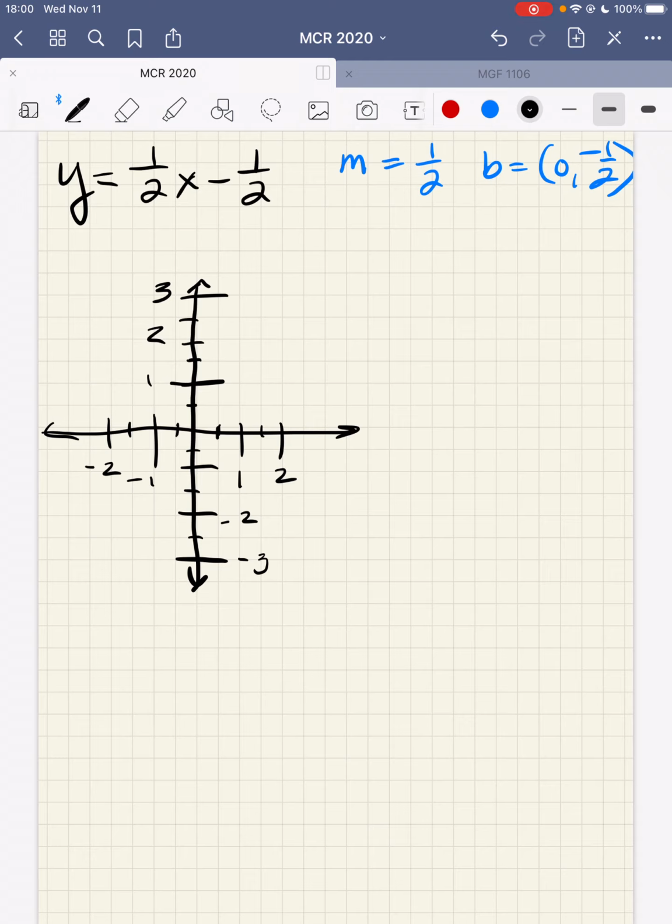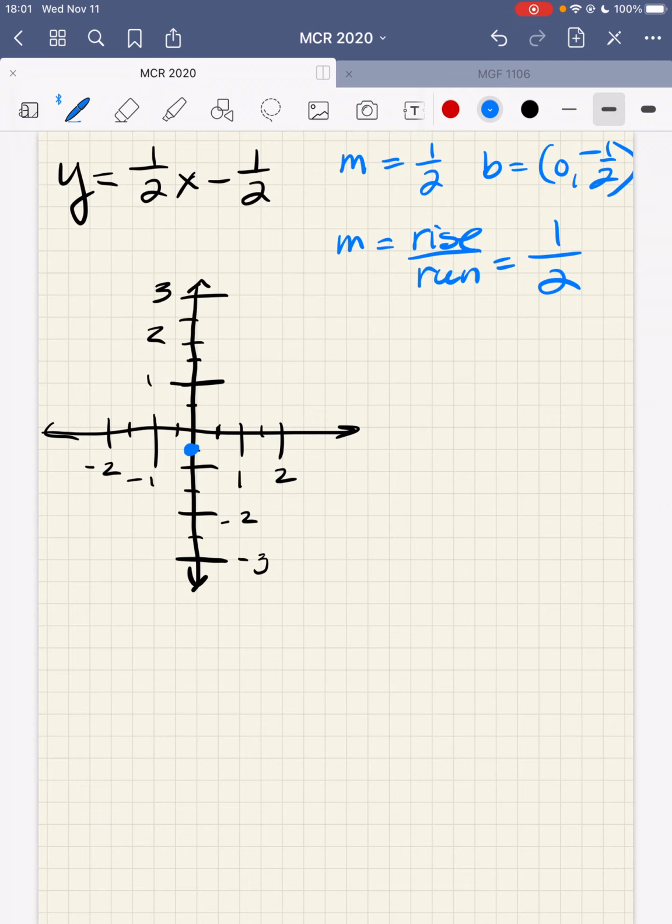All right. So the first thing I want to do is graph my y-intercept. My y-intercept is (0, -1/2). So I'm not traveling on the x-axis. I'm going down to -1/2, and I'm putting my first mark. Now my slope is 1/2. So therefore my slope is rise over run, which means I need to rise up 1 and then run 2